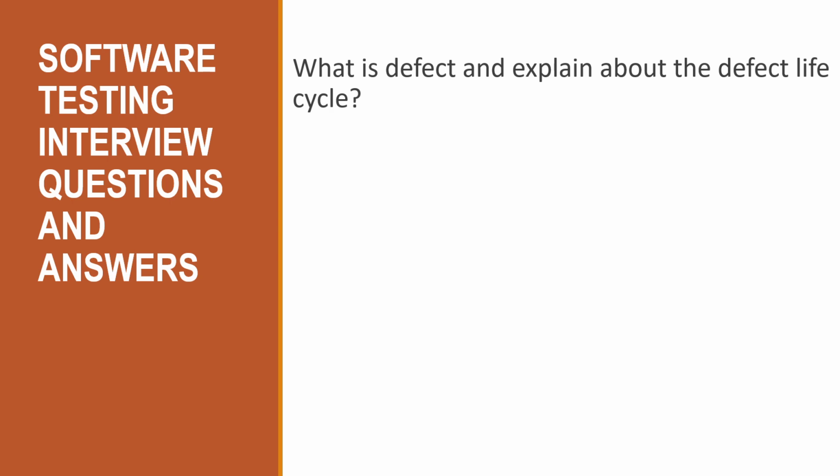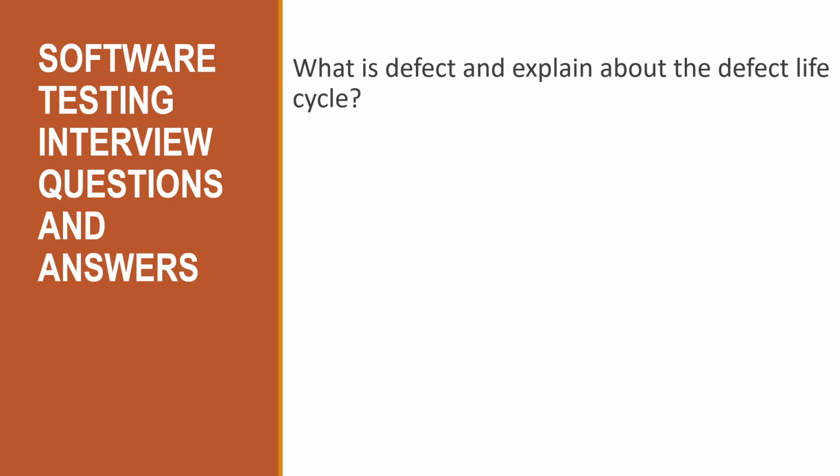Suppose today you got a new defect and you are logging that particular defect in your tool. So once you create the defect, in that case your first state will be new state. Okay, second state would be active state. That means developer started fixing that particular defect, so then they are changing the state from new to active. Now they have fixed the defect, so in that case they will change the state from active to resolved,